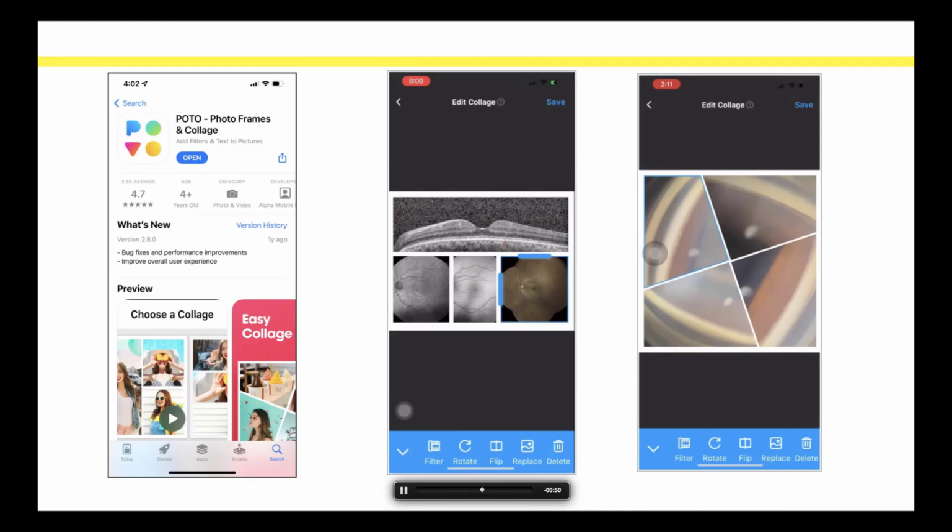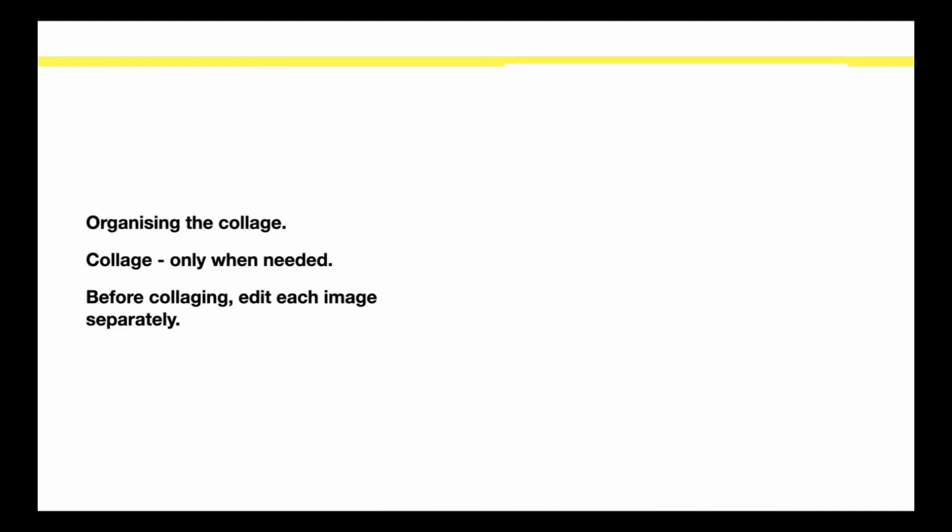Because I feel in ophthalmology, where AI has a major role, these tools, gadgets, or the applications that we are talking about, collage is one that we need to use, because in journals you can't get multiple images